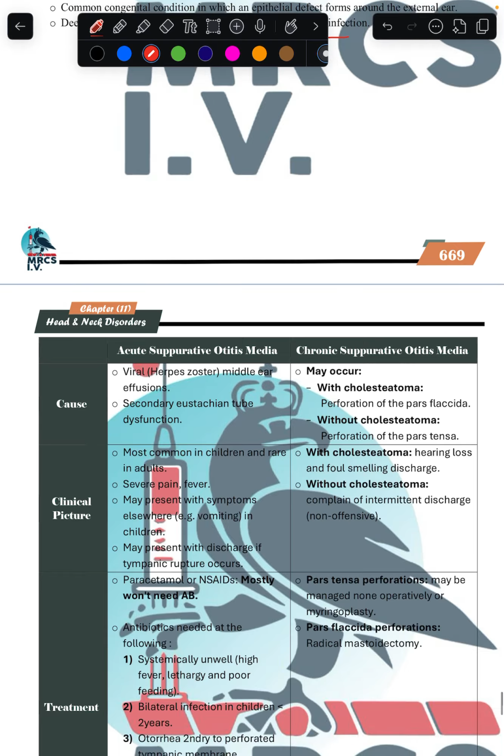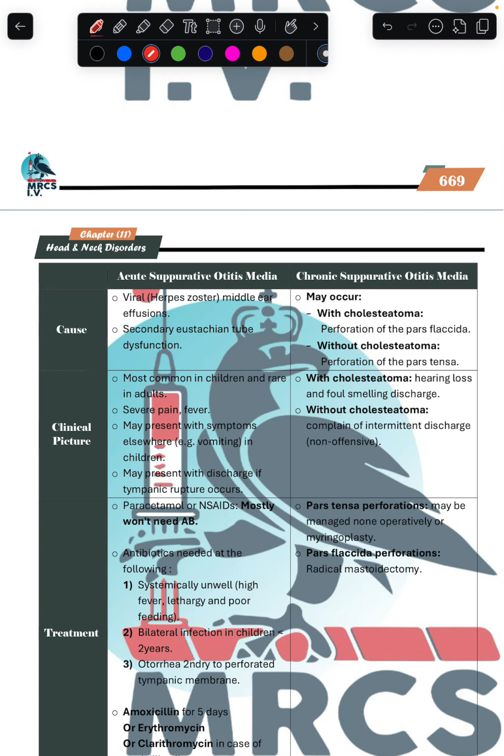That was external. Now coming to otitis media, again it is acute and chronic. What is acute? Most of the time the cause of acute is viral, herpes zoster, middle ear effusions, secondary eustachian tube dysfunction, most common in children and rare in adults. Acute suppurative